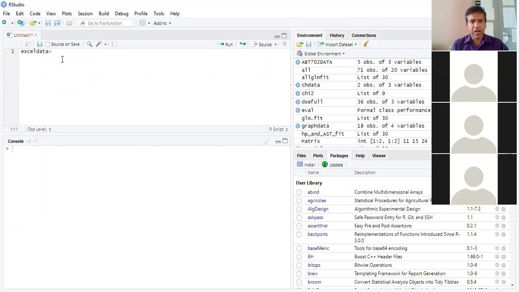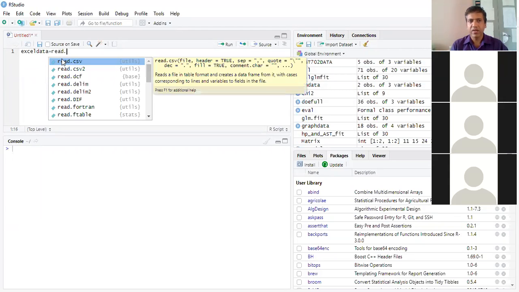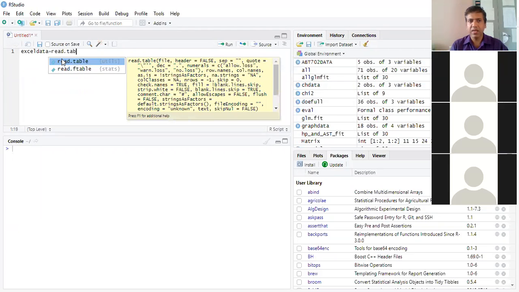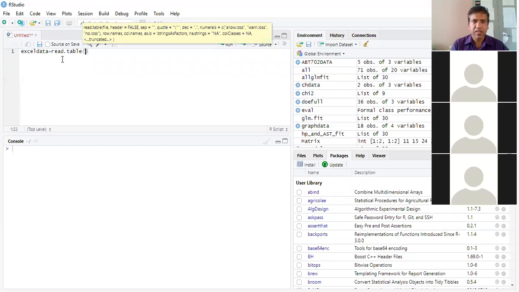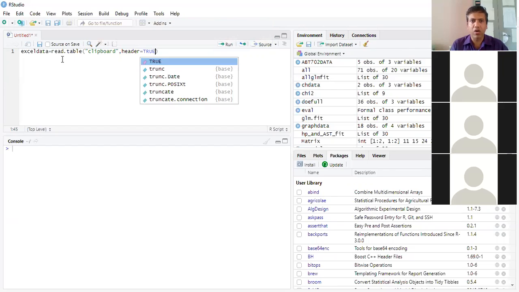Then the command is read.table, read.table. Then inside the brackets, clipboard, then header is equal to capital TRUE, all capitals.